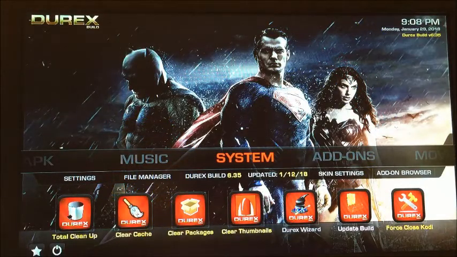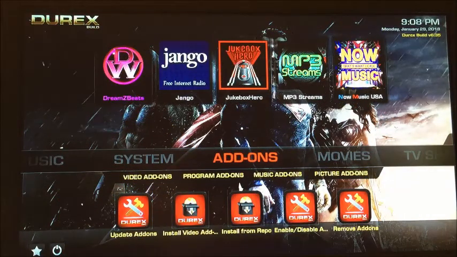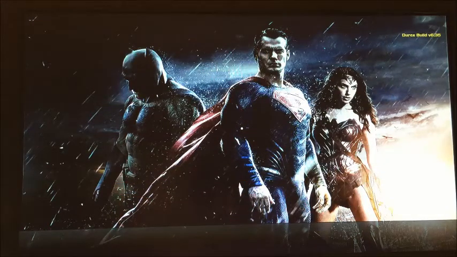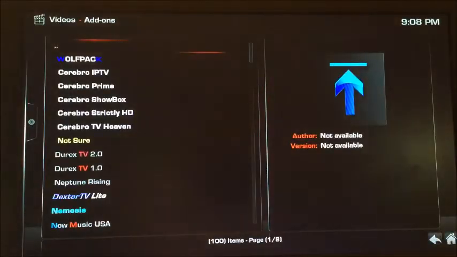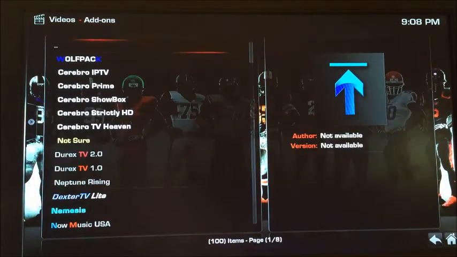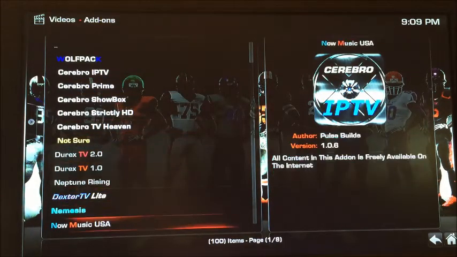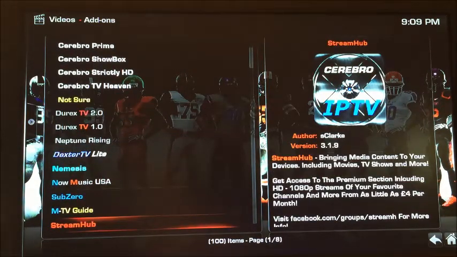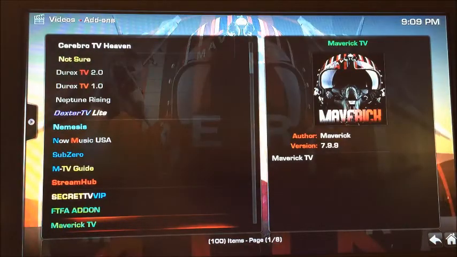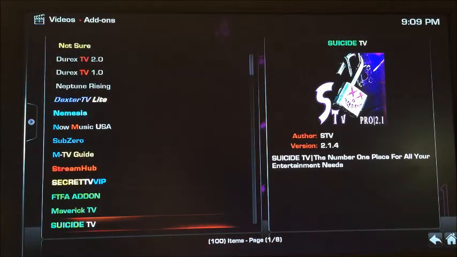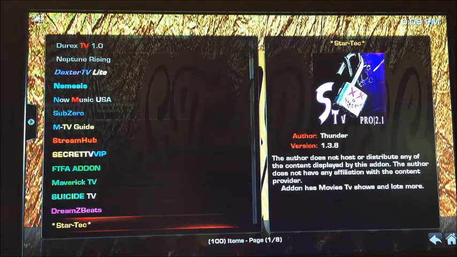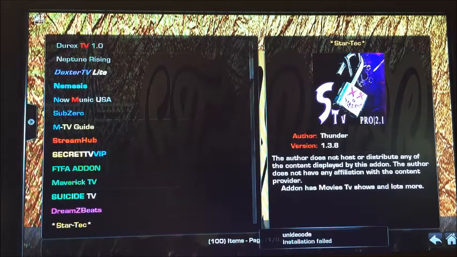And the way you get to it is from the system tab. No, from the add-ons tab. You go to video add-ons, which is a sub menu, and click on it. And this will show you all of the add-ons on your Fire Stick. Now, as we're doing this, you're going to start to see the adult add-ons. They're going to start popping up and loading. But ultimately, once they load, you're going to see all of the adult add-ons, and then you will click on it to